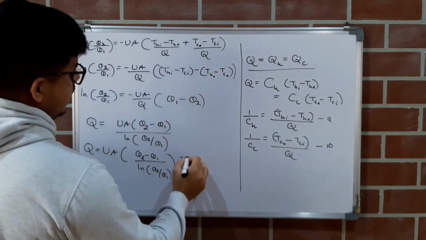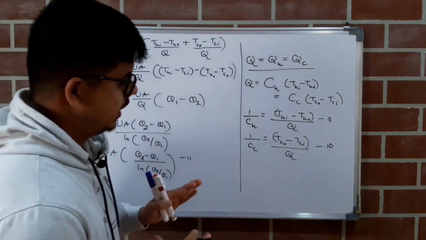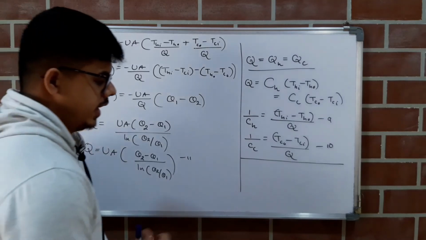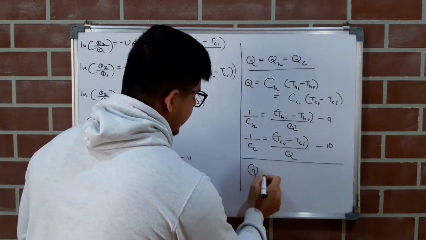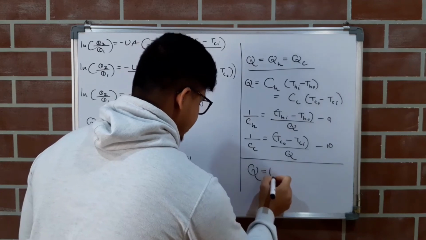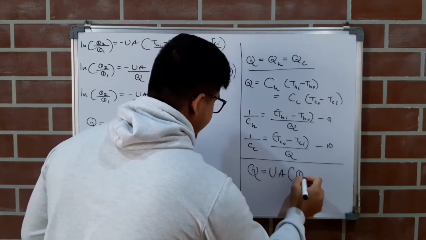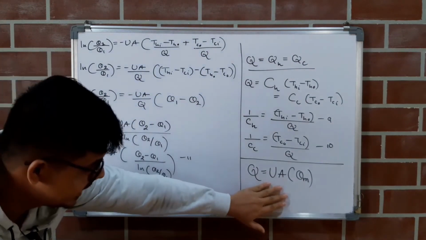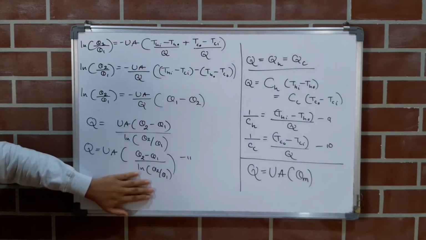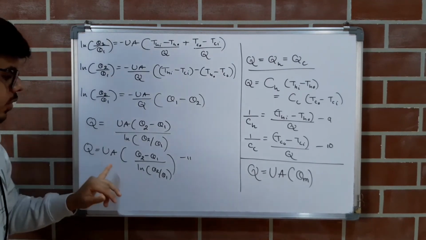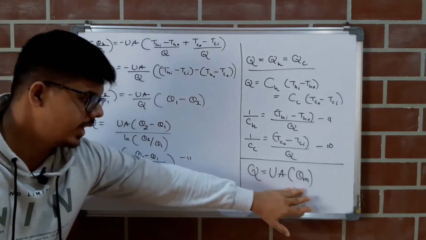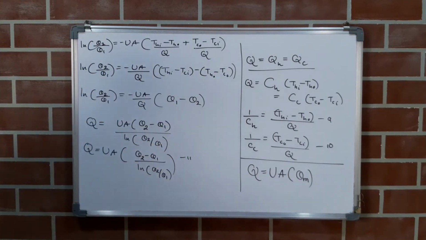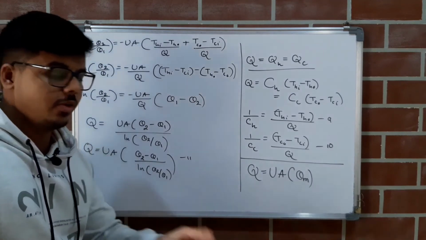So this is equation number 11. Now, I had discussed when I was discussing the first portion of the derivation that if we write the total heat transfer rate for the heat exchanger, then we use this formula, that is U into A into theta m, right? We use this formula. So if you compare this equation with equation number 11, then we have U, A, and the remaining part will be theta m. So this remaining part, theta 2 minus theta 1 upon ln of theta 2 by theta 1, will be our theta m,